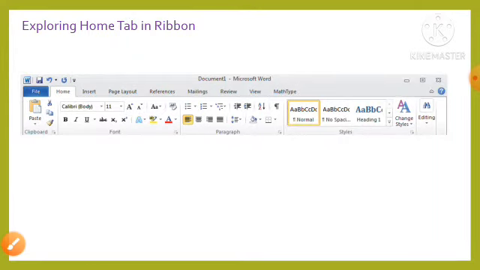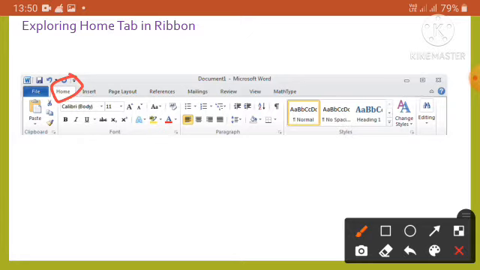Now the next part is exploring the Home tab in the ribbon. The Home tab contains all the basic editing and formatting commands, such as font size, font face, alignment of the text, namely left, right, center and justify, bullets, styles, indent settings and sort.